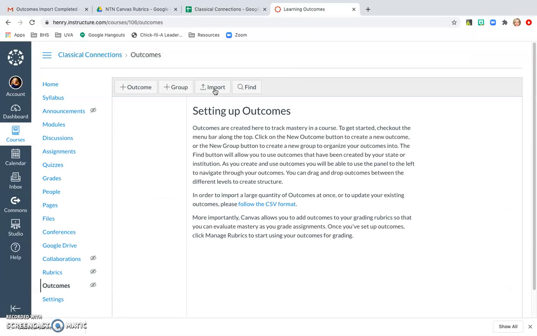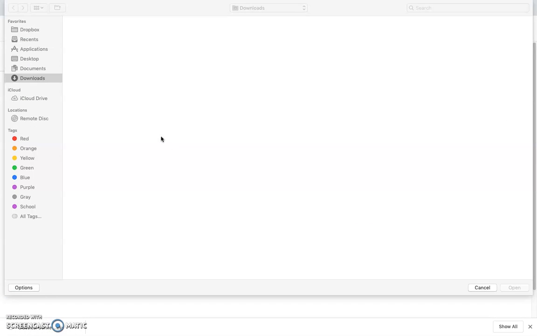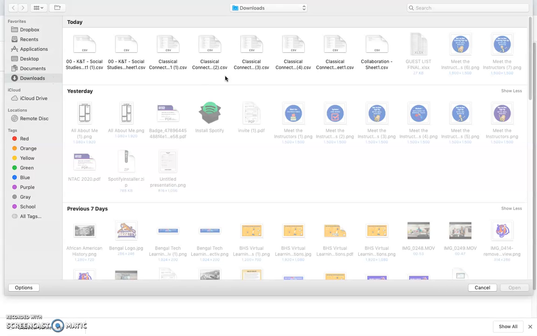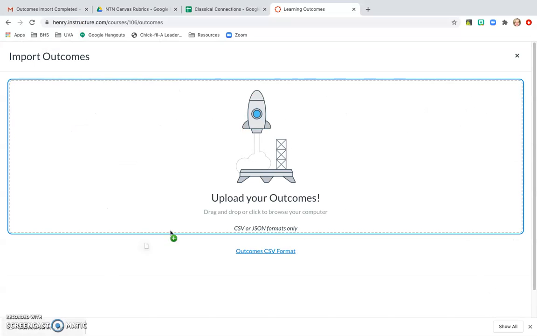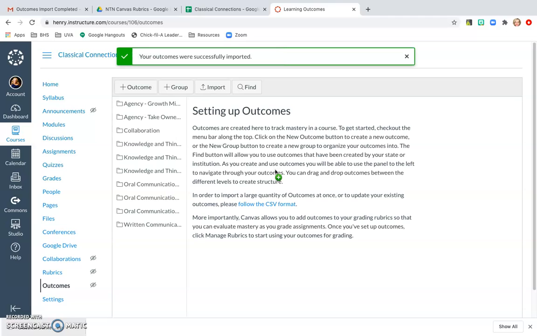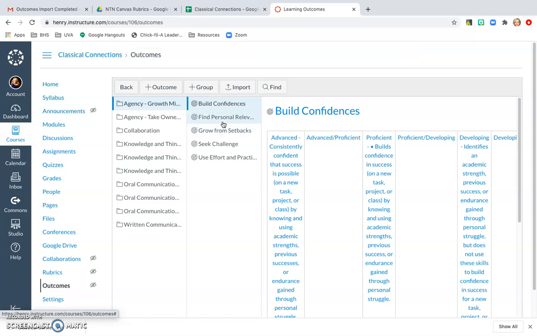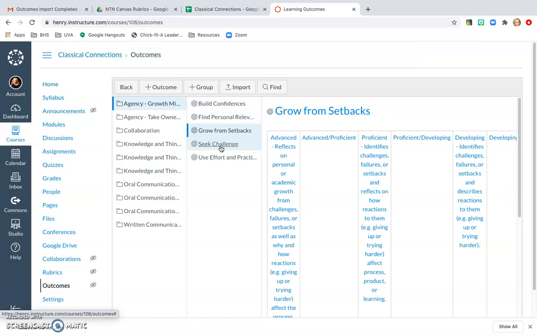When I come back to my outcomes, I'm going to import by dragging and dropping the file, or I could also click on that image and it'll take me to my downloads, and I can upload it from there. I'm just going to drag and drop because that's the easiest thing. After I drag and drop, it's going to upload all of those different groupings, and they'll show up as different folders in your Canvas site. I can then go to the different groupings, and I can see the different rubrics for those particular